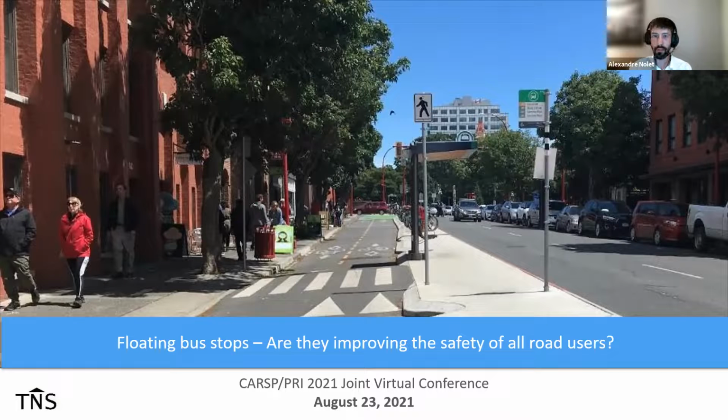I'll be talking to you about a legal case I was just recently involved in, which was about the construction of floating bus stops and a complaint filed by a group of people with reduced visibility, which indicated that the new bicycle facilities discriminated against them. The decision made by the British Columbia Human Rights Tribunal is very interesting, and it will have impact on us, road safety practitioners, not just in BC, but probably across the country.